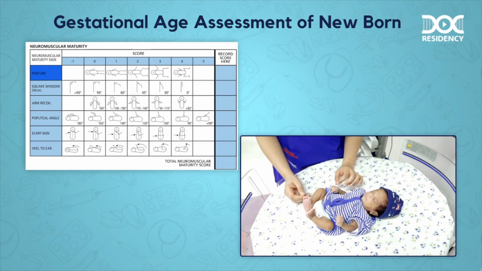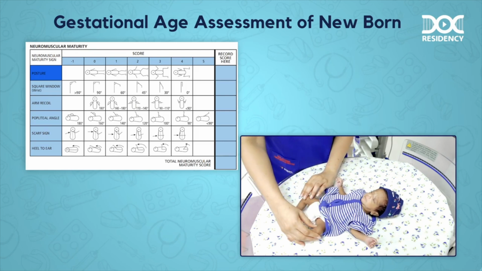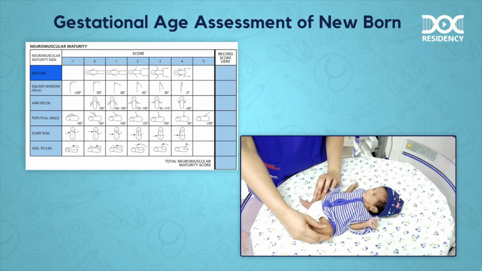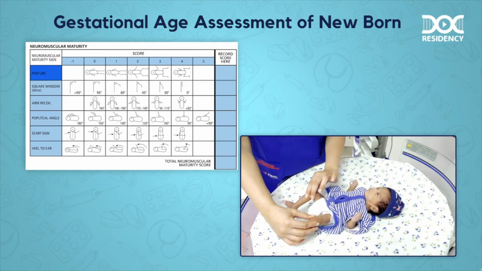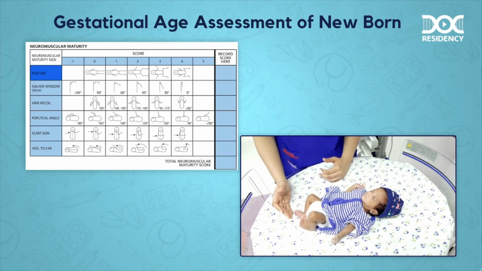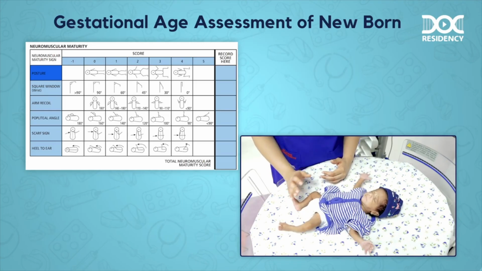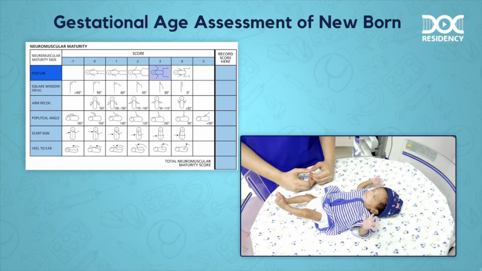It is important to note that babies below 34 weeks have some degree of hip flexion, but they may have 0 or very mild adduction leading to a frog-like posture like this. So if you see a posture like this, wherein the baby has flexion both at the knee as well as at the hip joint, wherein the knees are slightly above the level of the hip joint, but there is no adduction, the hips are still abducted, then this is called a frog-like posture, which corresponds to a baby who is below 34 weeks. So in this baby, the tone assessment would put the baby's gestational assessment at around 34 weeks.